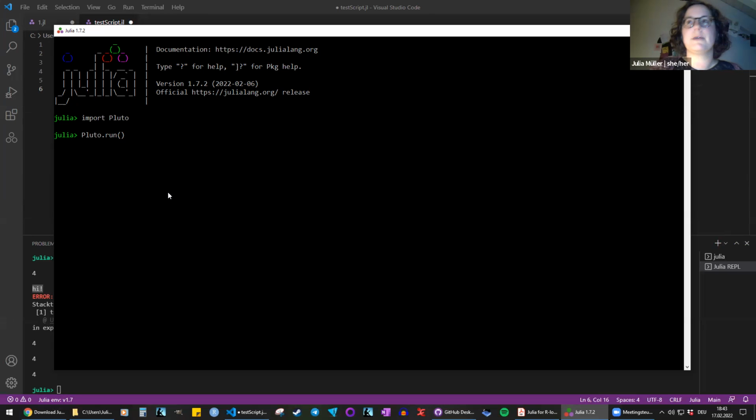So this is a browser-based notebook. The recommendation is that you use Firefox or Chrome for this. I think it's just going to open in your standard browser. So try that, and here we are. It's still loading. So feel free to try that, because it's going to take a couple of seconds the first time you do it to open.